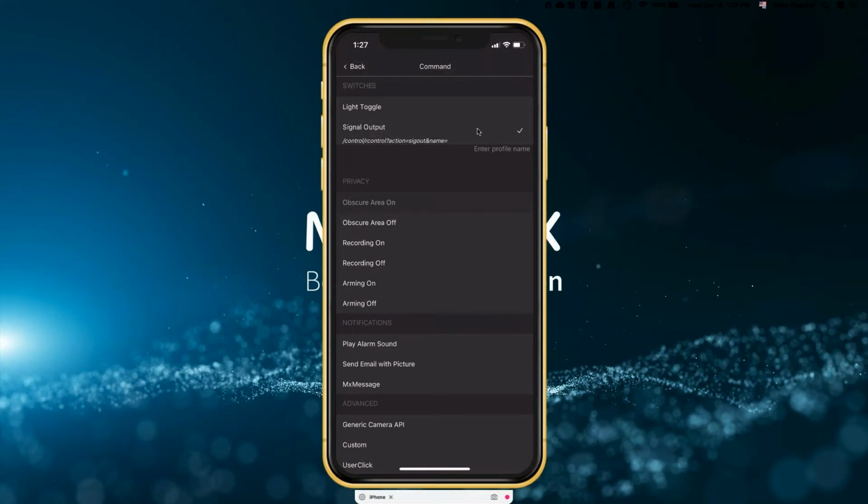I would have already had to build a profile for the signal outputs within the camera itself, and name the profile for what that signal output was for: starting a coffee maker, unlocking a door, locking a door, locking a cabinet, anything that can be switched on and off. You would have had to build that profile first, and then it says, edit or enter the profile name. Once you enter the profile name, the string will be complete, and you'll have that soft button set up.